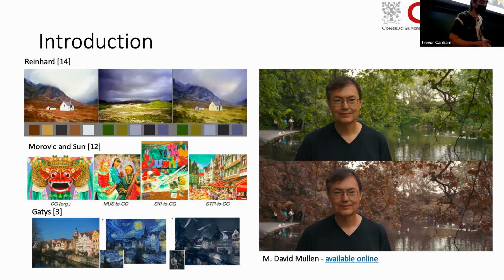color grading successes. So moving forward, Morovich and Sun used optimal transport to transfer color between groups between a source and reference, similar colors. So optimal transport is a field of study that came about in the industrial era for transporting resources to factories, and then people took those models and applied them to any given data set. In this case, it would be one set of colors and another set of colors that were meshed together, which allowed for a bit more of an alternate reality effect, but still didn't touch texture or anything, still was strictly